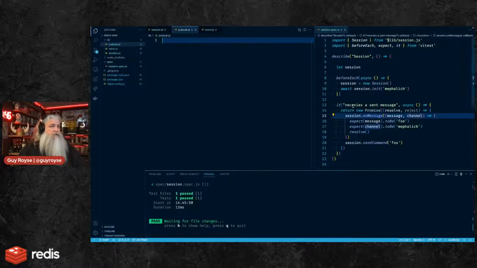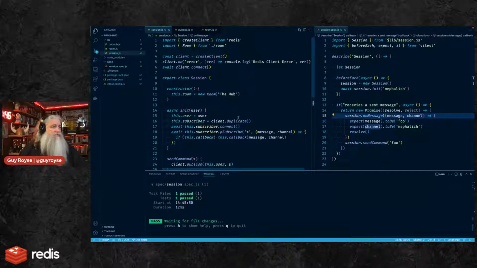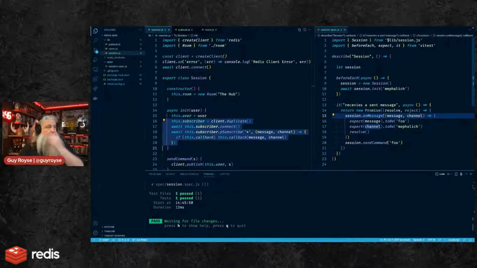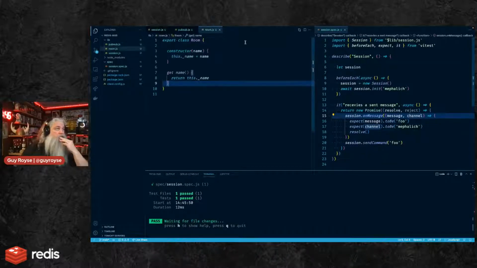The pubsub.js is going to be all the pub-subby stuff. And will that work? Hang on. I just feel like I'm throwing class names out here without really thinking about it.